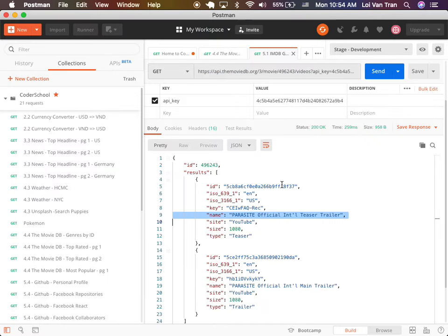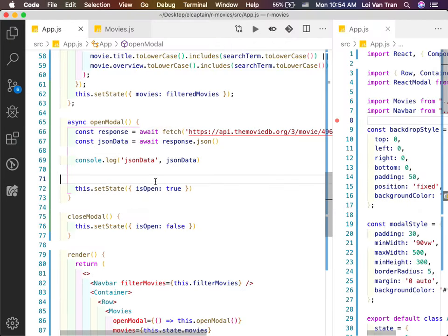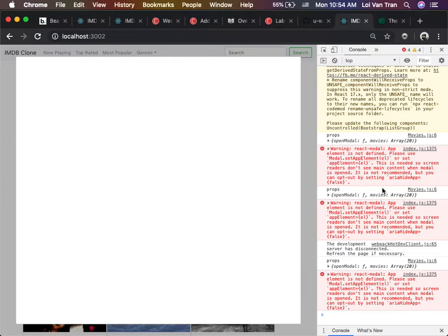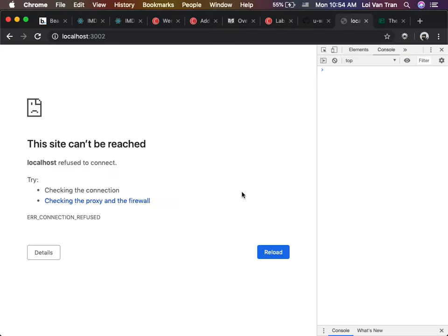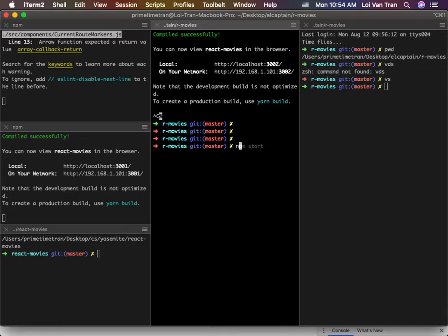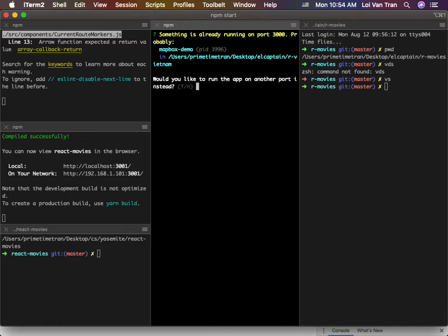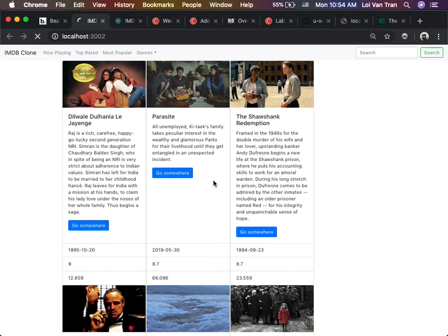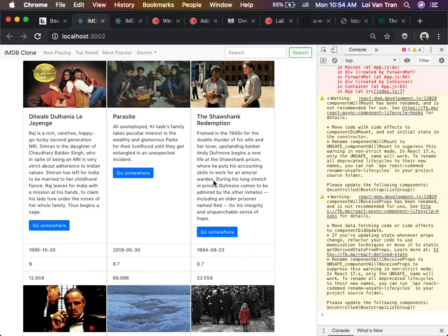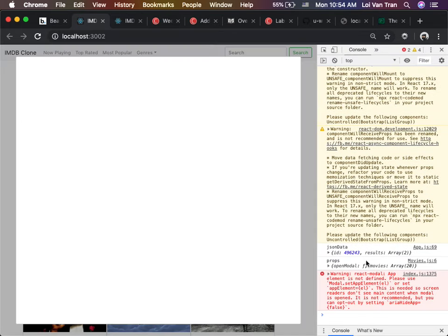Did not save it. Open modal. Oh, I just stopped the server, my bad. I kind of got ahead of ourselves. I was going to install the library first, but I want us to get the data first. Sometimes you can draw it on the screen first, sometimes you get the data first. You do whatever you want, I don't care. Make it work. Do whichever one you want to do.